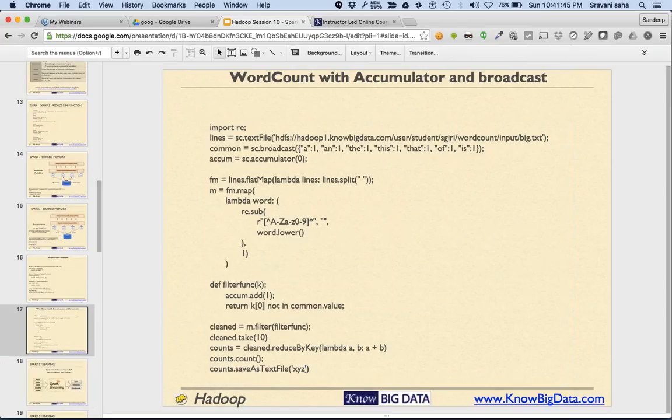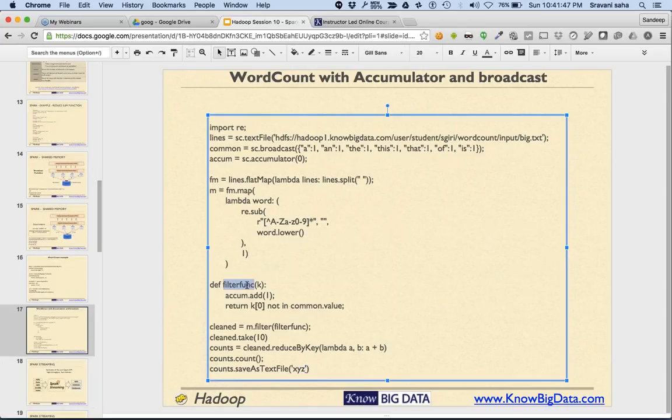Then we have used something called a filter function. Here the filter function is essentially removing all the words which are not in common.value, meaning this broadcast variable. Also, this filter function is adding some value to the progress.